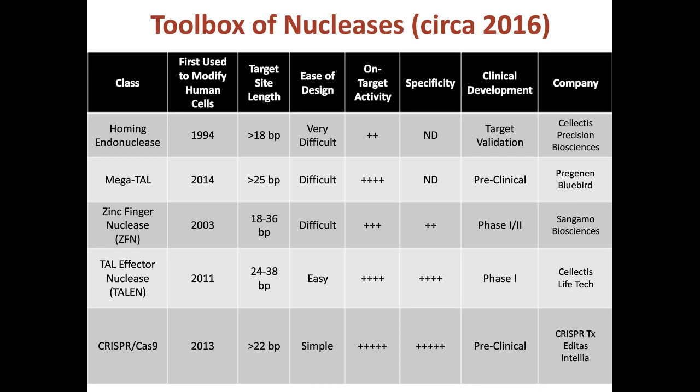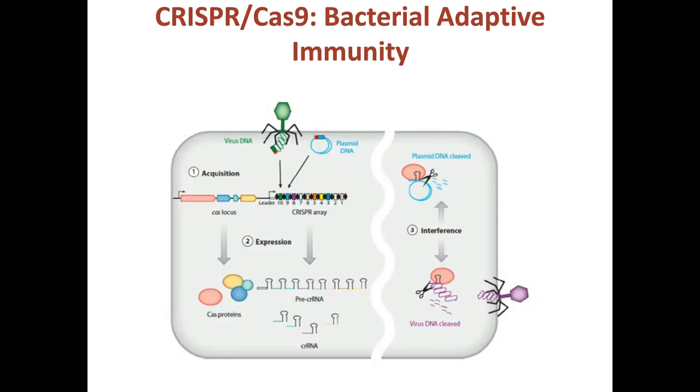So before describing how we use the CRISPR-Cas9 platform, I want to quickly describe where this system comes from. It's an amazing story that bacteria, just like we have, have an adaptive immune system. The way the adaptive immune system works in bacteria is that when an incoming foreign pathogen invades, the bacteria has a system to cleave the incoming nucleic acid into small pieces, and those small pieces get integrated into the bacterial genome, which then get processed by the CRISPR pathway into small